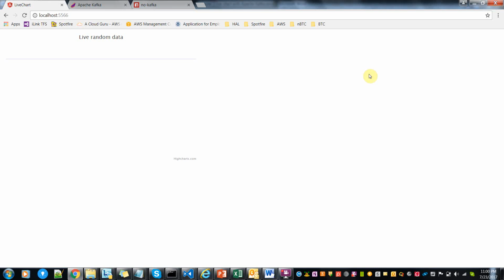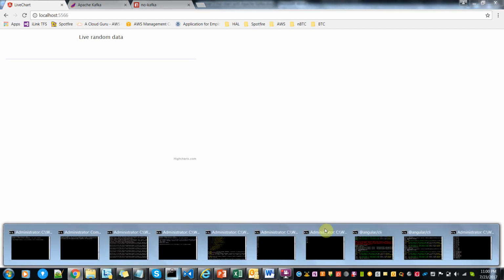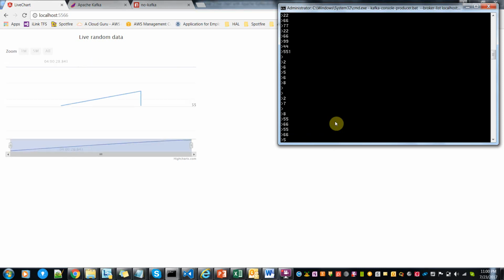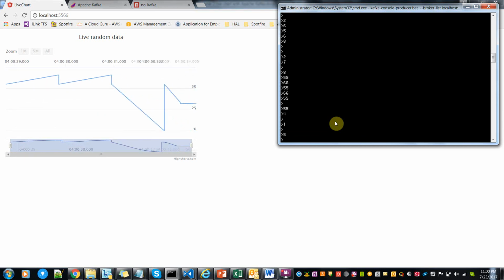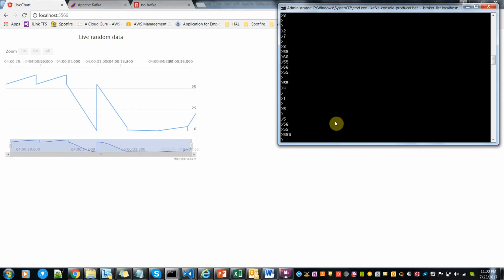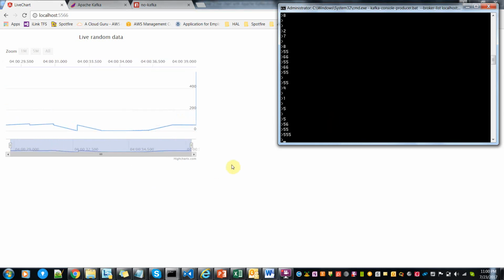Hello friends, I'm going to show how we can show the real-time data in the Angular 2 application. So this is a quick preview. This is my Angular 2 application and this is my real-time data provider. Here I'm going to provide my data. The data gets updated automatically in the chart, you can see. So this is what we are going to see in this demonstration.